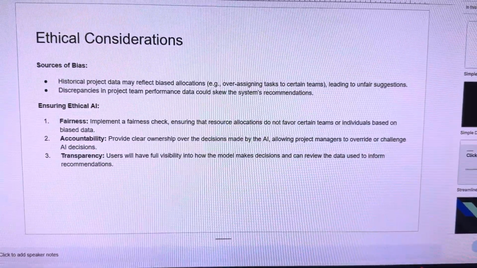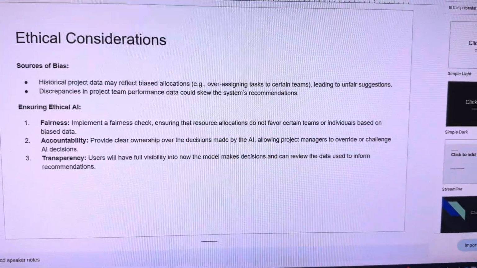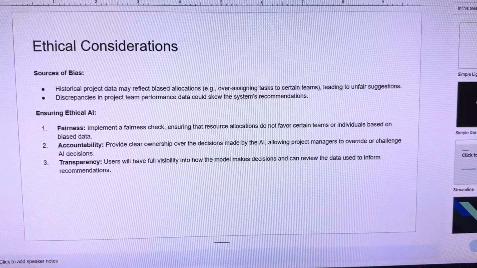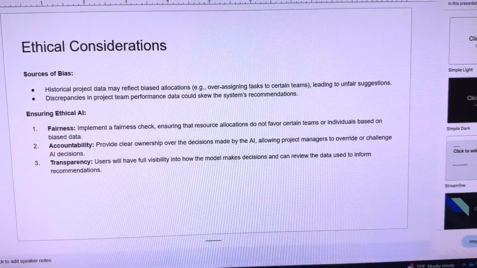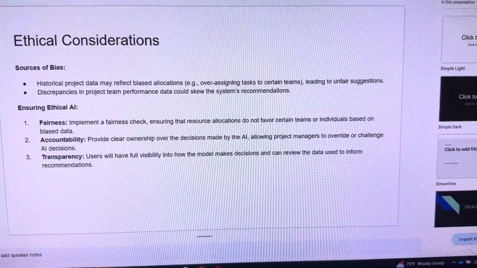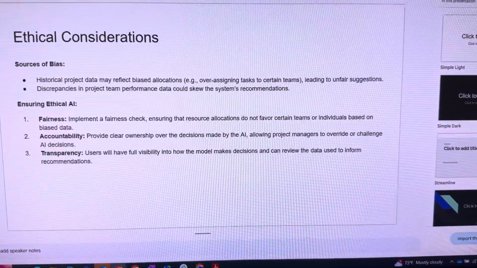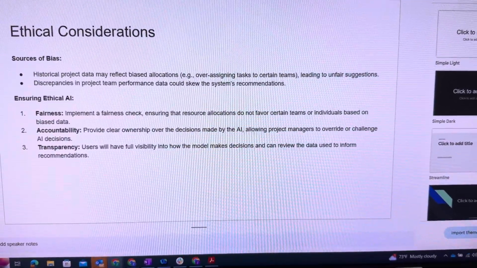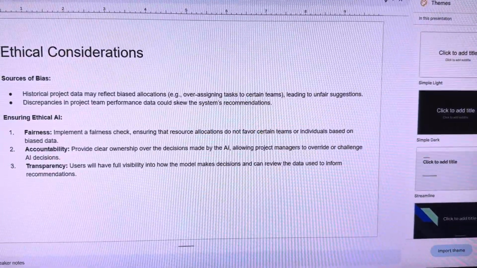And so in ensuring ethical AI, we need to make sure that the model is fair by implementing a fairness check. So we need to ensure that the resource allocations, for instance, do not favor certain teams or individuals based on that historical data. And accountability, we need to provide clear ownership over the decisions by the AI by allowing project